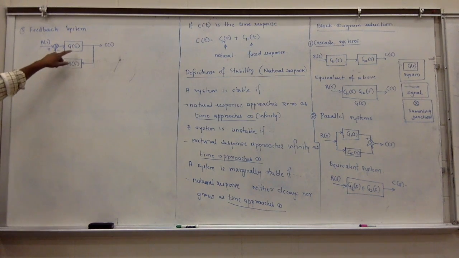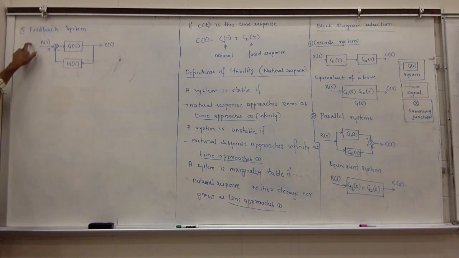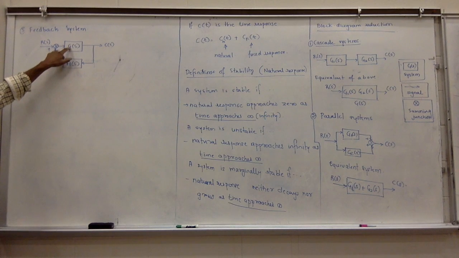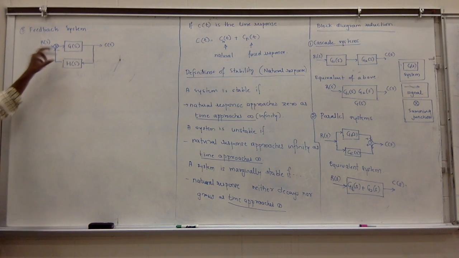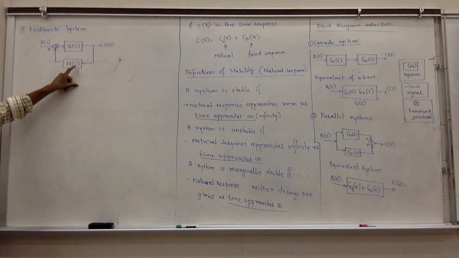So what's happening here is, this is the plant being controlled. The input signal is going into this plant. The output signal is being fed back so that the plant knows the difference. You understand? So this is like a sensor. It is generally called a transducer. So this could be a typical sensor.